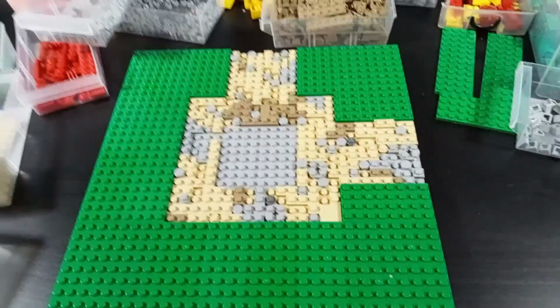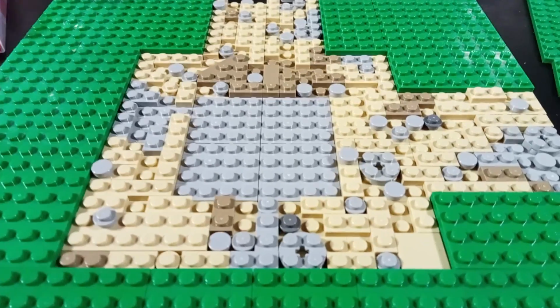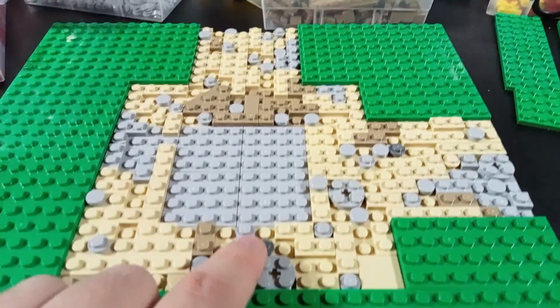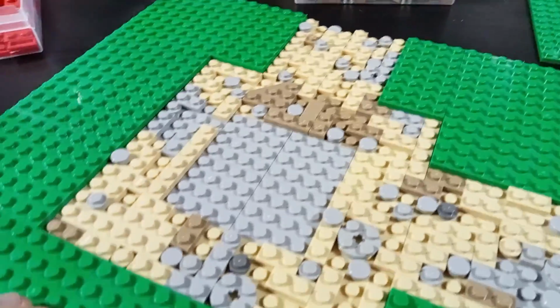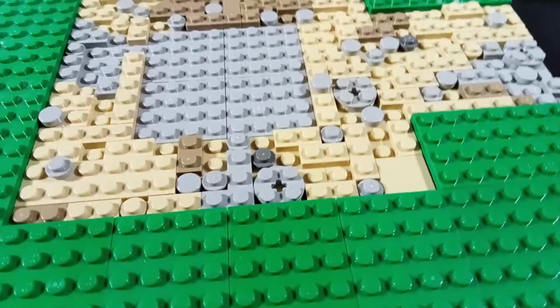So guys, this is the result. As you can see, I've used 4 different colors: tan, dark tan, light bluish gray, and dark bluish gray from time to time. So it's a mix of sand and gravel, so kind of stone if you prefer, and